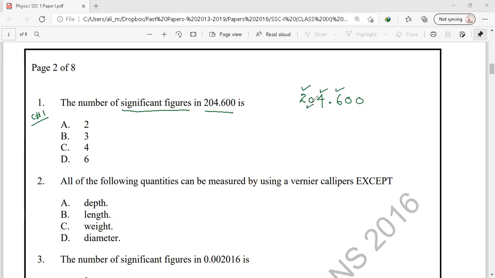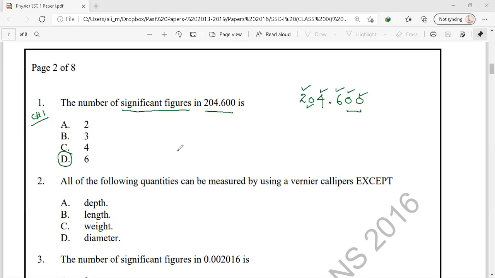zero lies between two significant digits, and these two zeros are the ending zeros of a decimal number. It means these two zeros are also significant. So, overall, we have all the digits in this figure as significant. So, the correct answer for this question number 1 is option D, that there are 6 total significant digits in